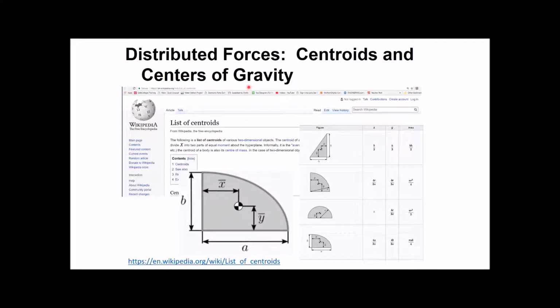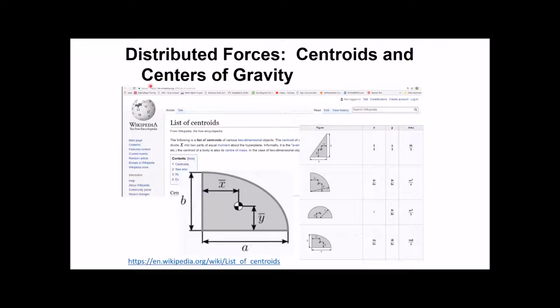Centroids and centers of gravity for distributed forces. Distributed forces, what this is talking about is instead of something that is concentrated at one spot, you have a pile of sand or some three-dimensional object where the forces are happening all throughout the entire object. And what we want to do is take this distributed force and turn it into a single force that acts at a single position. And the spot where the force is going to act is the centroid of the object,